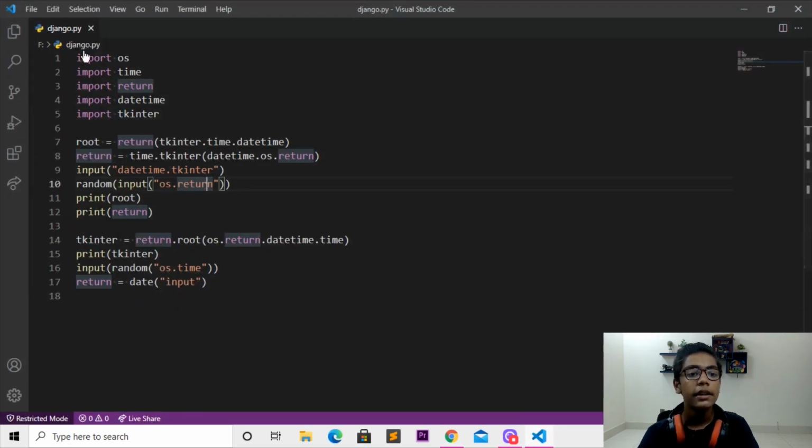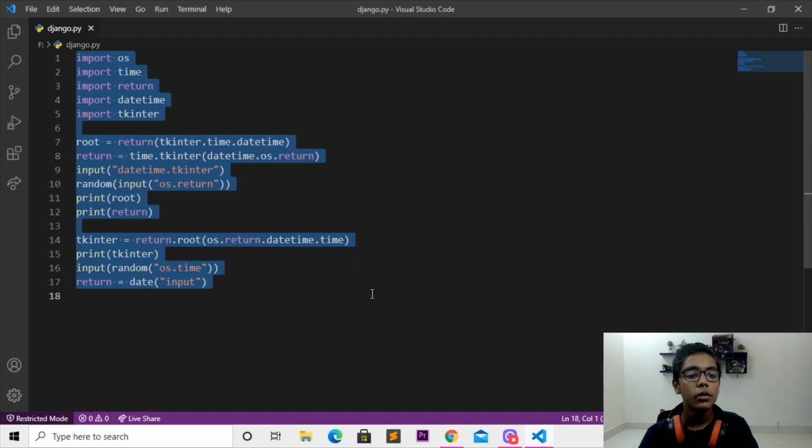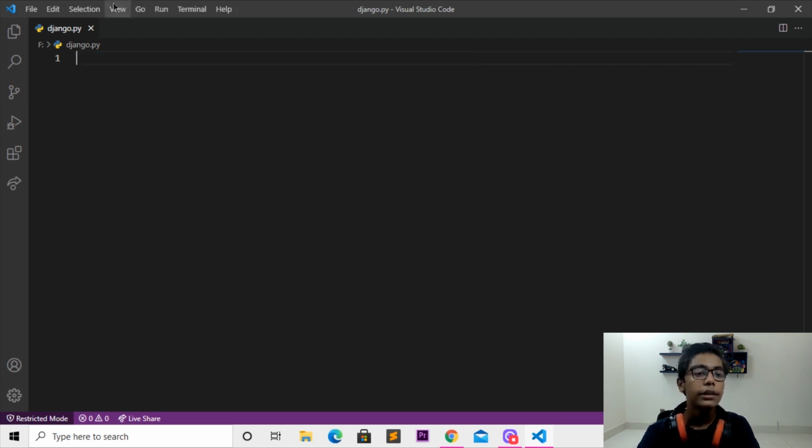So you can see here we have all the code from the Firebase app project which we made previously. I'll be erasing this code now. We already made a Django.py file previously, so we'll be working with that. Now I'll be moving here first of all, and then I'll write